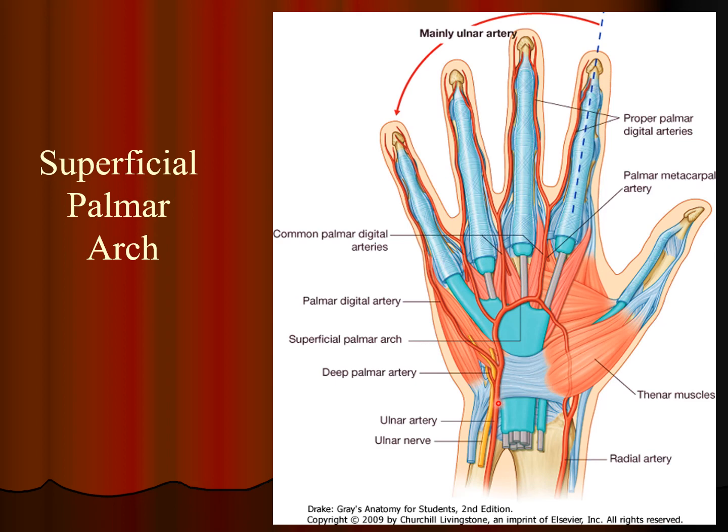And the ulnar artery, because it is a major part, is going to form this artery. So this is the direct continuation of the ulnar artery, and they meet with the superficial branch of the radial to form the superficial palmar arch. And this superficial palmar arch will give the branches which are known as common palmar digital arteries, which move forward and supply the three and a half medial digits. These three medial digits and the medial side of the index finger, along with the palmar digital artery. So these are the branches of the superficial palmar arch.